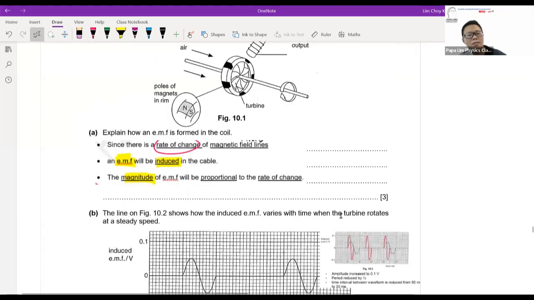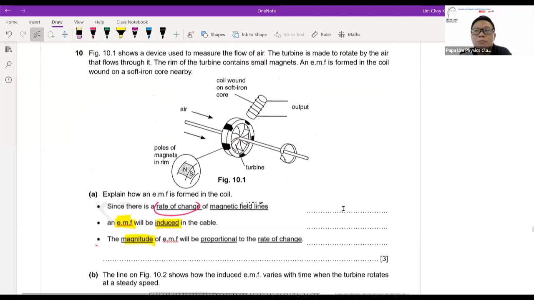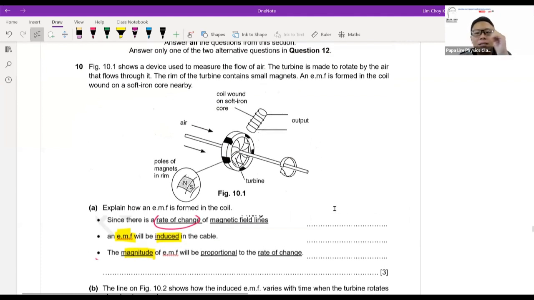Now for section B. In section B here, we are looking at your AC generator. Yes, it's the AC generator. Now, the AC generator here is particularly interesting in the sense that the magnet is a north-south pole, but they are not two pieces. They are actually one piece together. So these are north-south poles at this corner here. So this is the magnet that's inside, and this